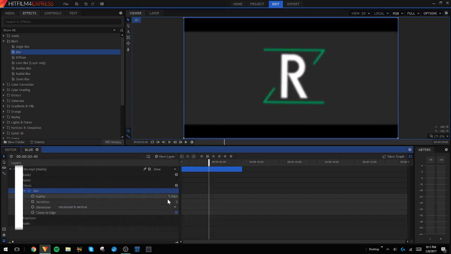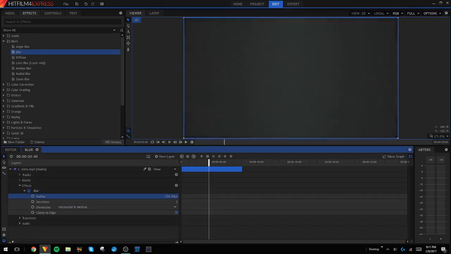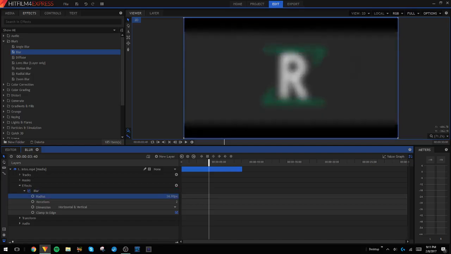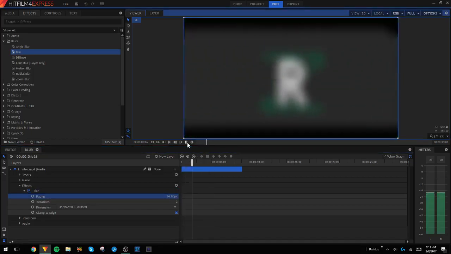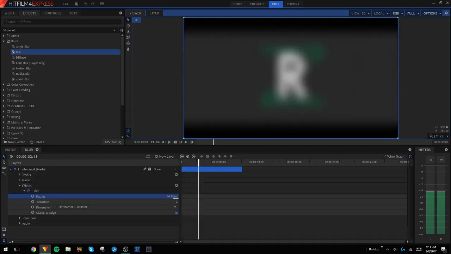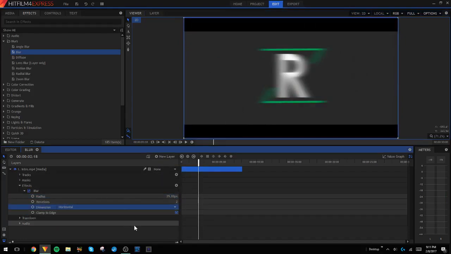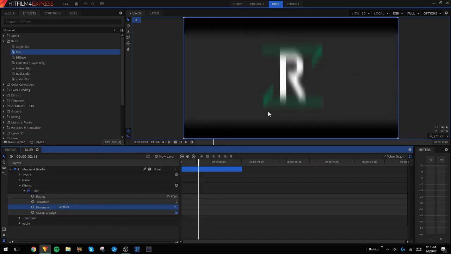We can change the radius to go really far up until it's literally nothing, and then you can make it the same, and we can just blur it like this, where you can barely see what's going on. And this is the one I usually use, and you can also change it to be just horizontal, which means it's going to go like this, or you can make it vertical, which means it's going to go up and